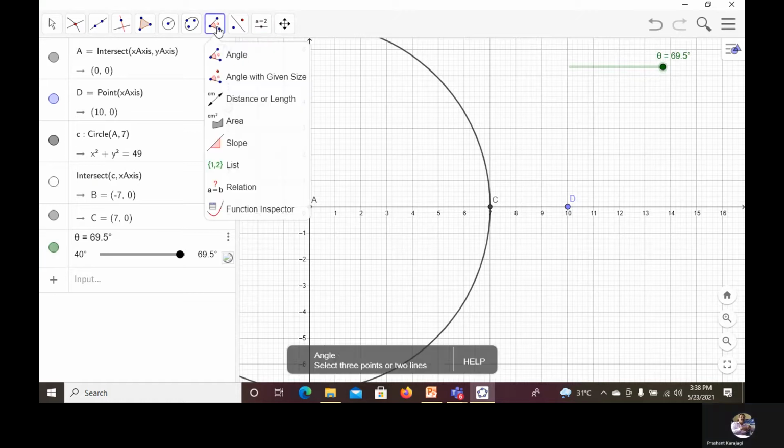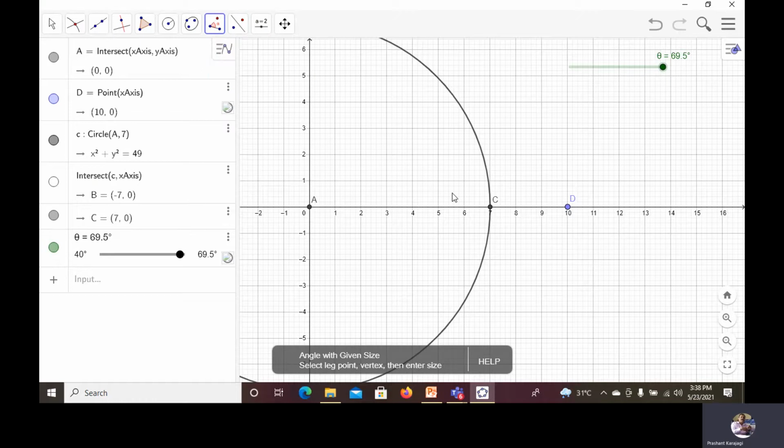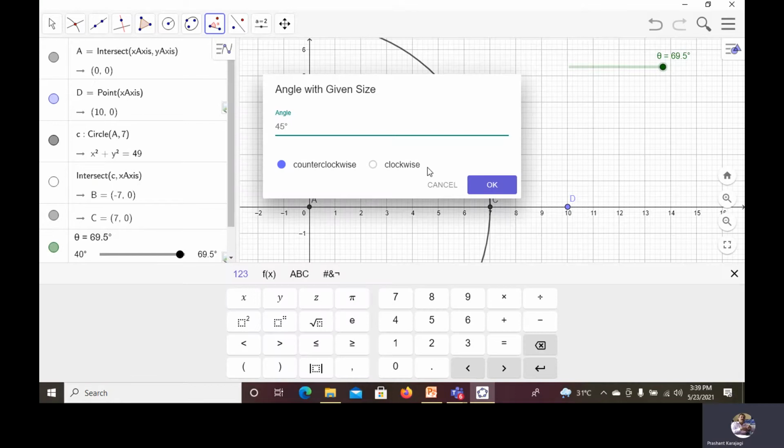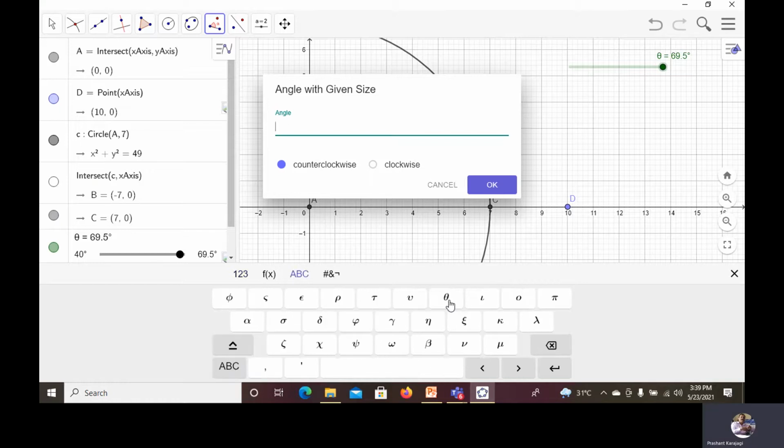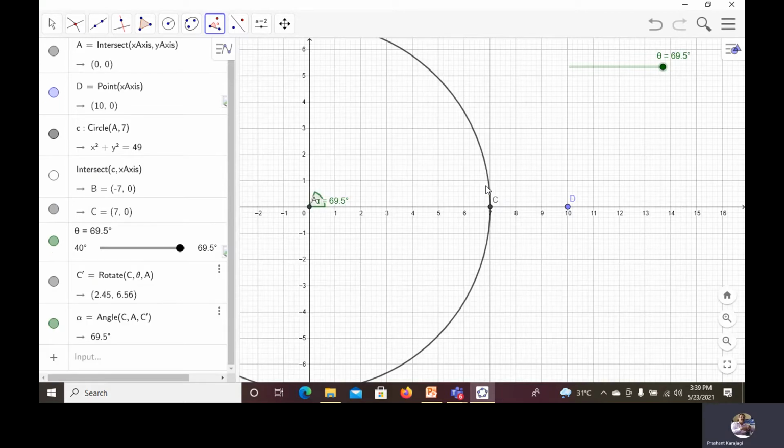Using the command angle with given size, first choose point C and then choose A. It means C will revolve with angle theta about A, counterclockwise.